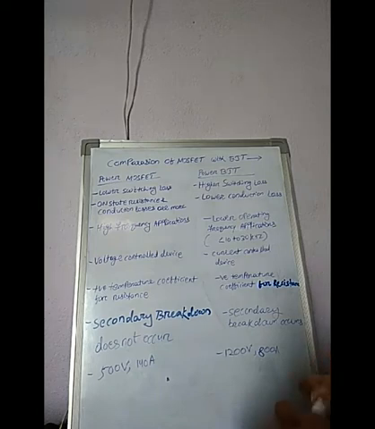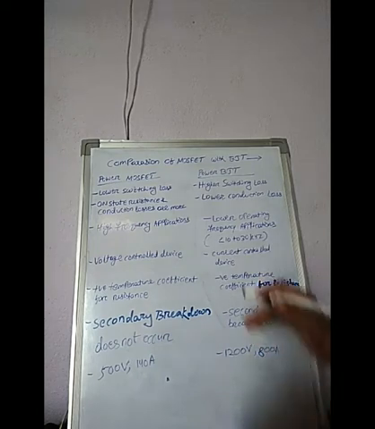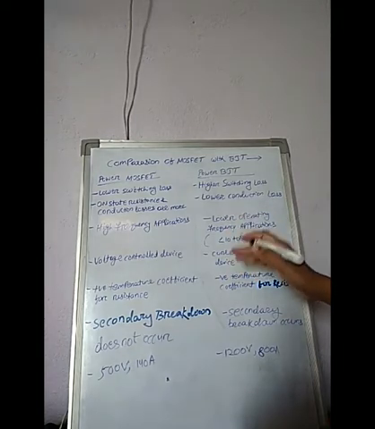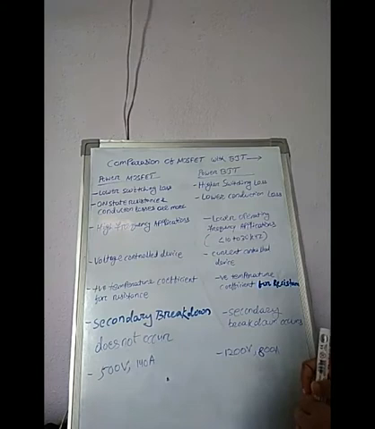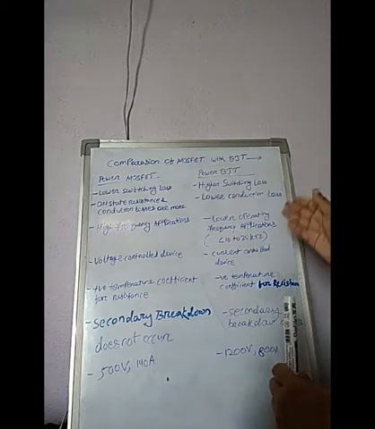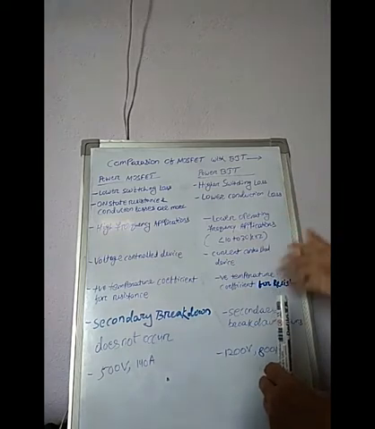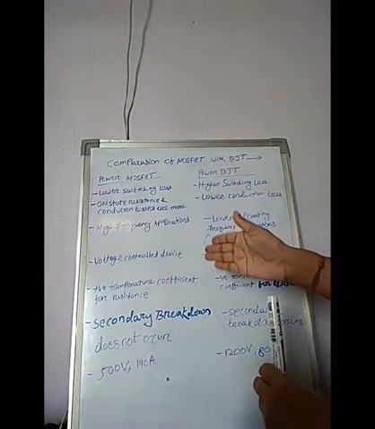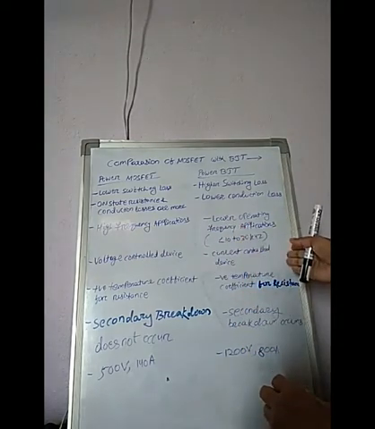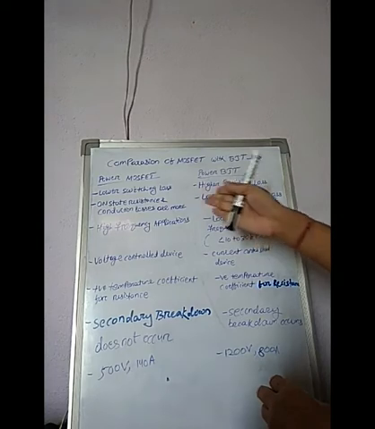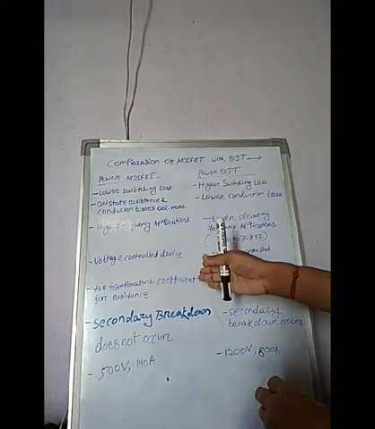Hello students, today's topic is the comparison of MOSFET with BJT. Already I told you in the previous classes what are the basic differences between the MOSFET and BJT. That is, the BJT has 3 terminals: collector, base, emitter, whereas MOSFET has 3 terminals: drain, gate, source. And BJT is a bipolar device. At the same time, MOSFET is a unipolar device.